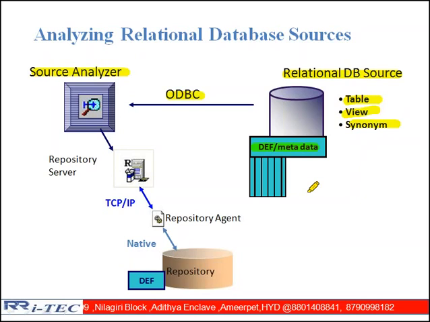Data about data is called metadata. Only structure, only column names, only table names, only data types. Those things only are going to come from the database to Informatica. Informatica is not a database to store the data. Informatica will store only metadata. Not only Informatica, any data warehousing tool you take, it may be OBIEE or ODI or DataStage or Ab Initio, any tool is going to store only metadata. The data will come into the picture whenever you are running the things.